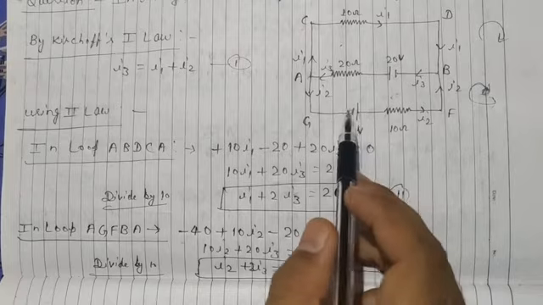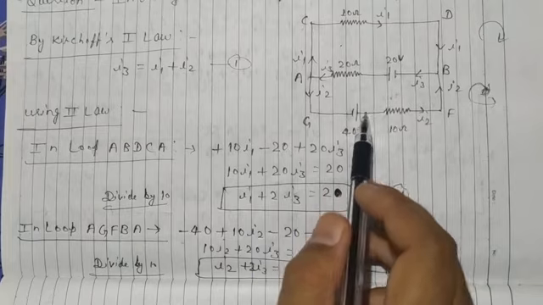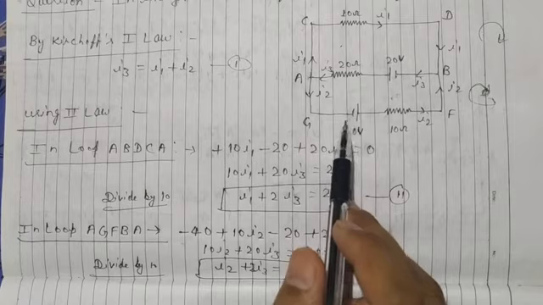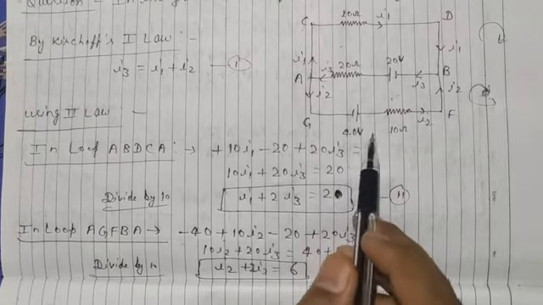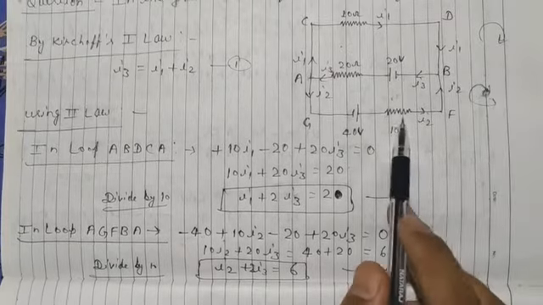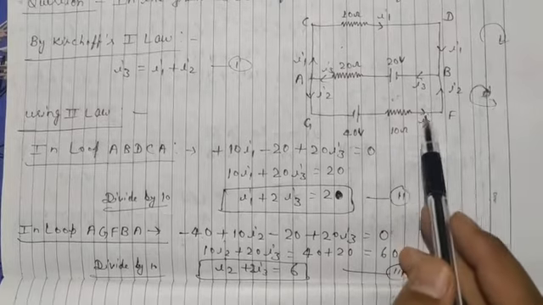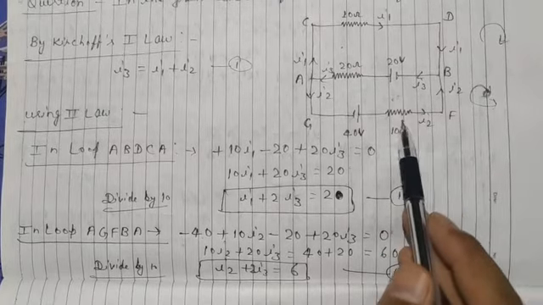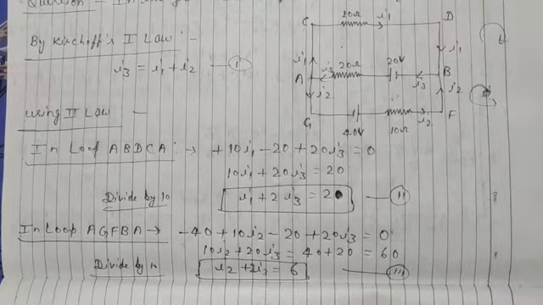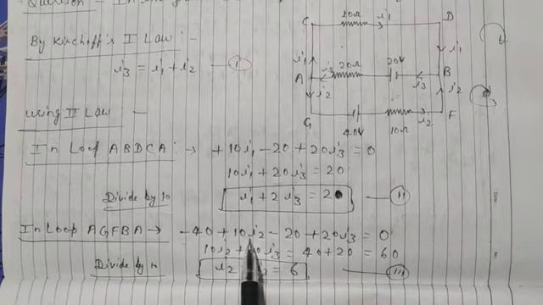and here in this cell first is the negative plate and then the positive plate, negative plate to positive plate, and according to the rule in this cell the potential difference is negative, and how much? Minus 40 volt. In this resistance the current direction and the calculation direction are both the same, so the potential difference here is positive, and how much? I multiplied by R, current multiplied by resistance, that is 10 multiplied by current I2.